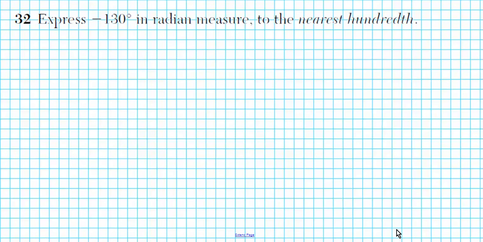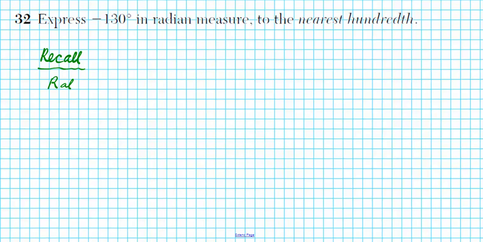All right, let's take a look at number 32, the last in this review installment. It says, express negative 130 in radian measure to the nearest hundredths or two decimal places. Now, one thing you want to recall is